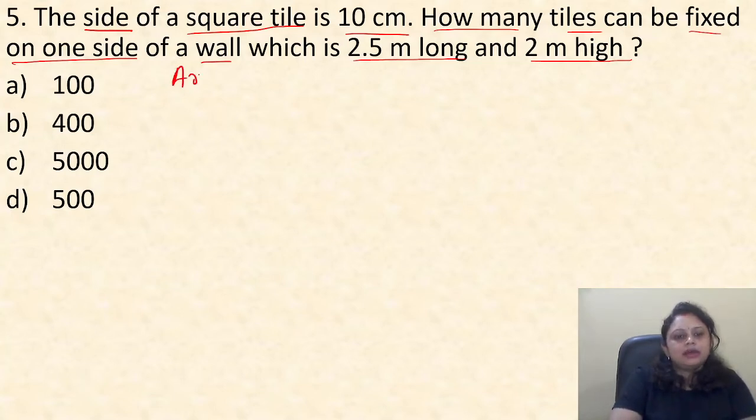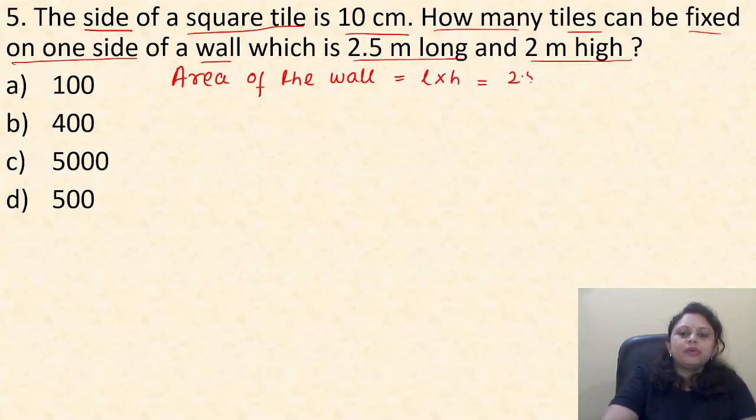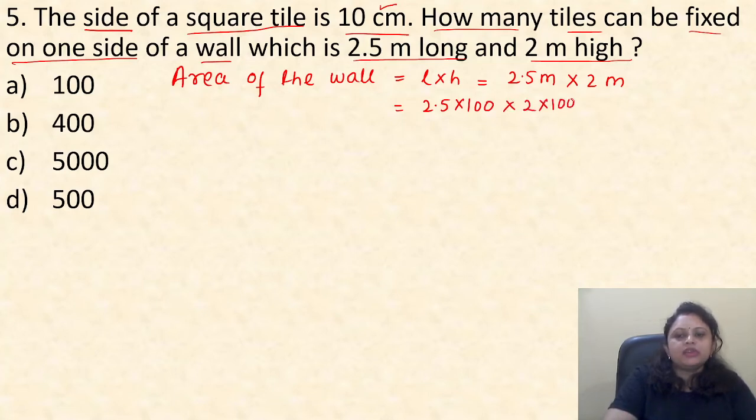Area of the wall that needs to be tiled, that is, what is the area of the wall? That will be length into height in this case. So 2.5 meter into 2 meter. Here it is in meter, but the tile is given in centimeter. So better we convert it into centimeter. So 2.5 meter is equal to 2.5 into 100, into 2 meter, that is 2 into 100, that is equal to